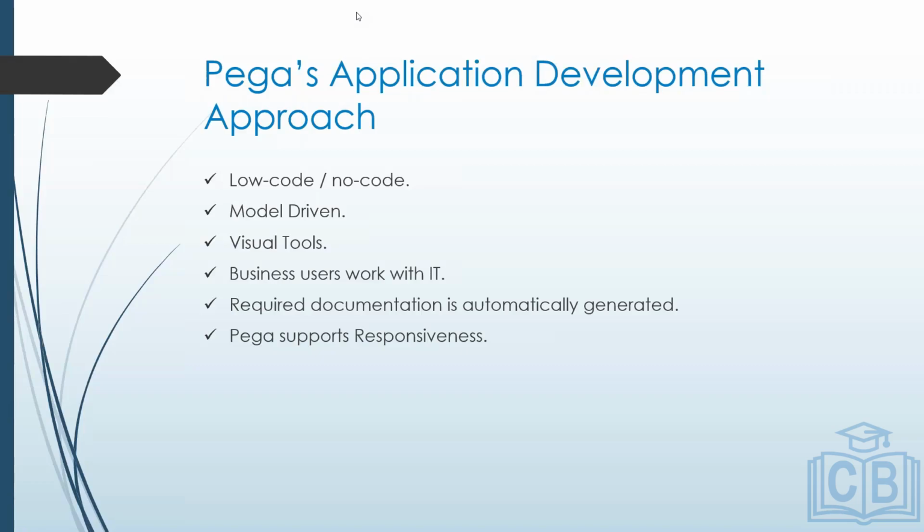And then PEGA supports responsiveness. As in, if suppose I have built an application for the web device or for a web view in Java, now if I want the same application to be accessed in a mobile, well, I definitely need to do some additional HTML, CSS process configurations, right? It's not like it just runs the way it worked on the web browser. Correct. Because in the app, because of all the resolutions, we need to make some appropriate changes.